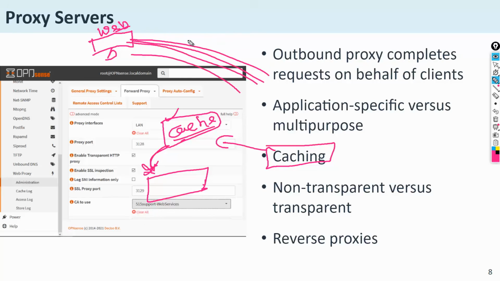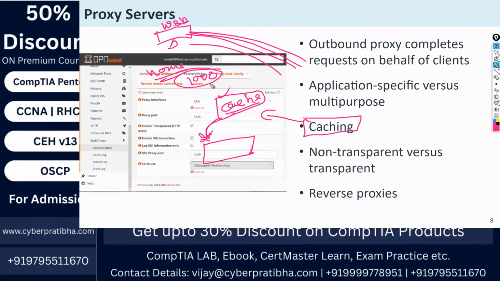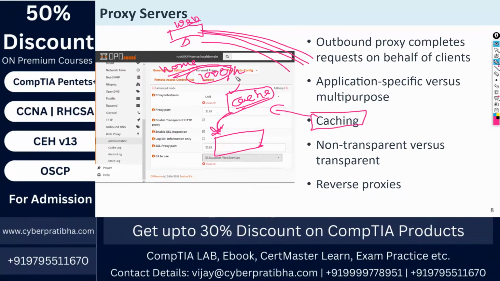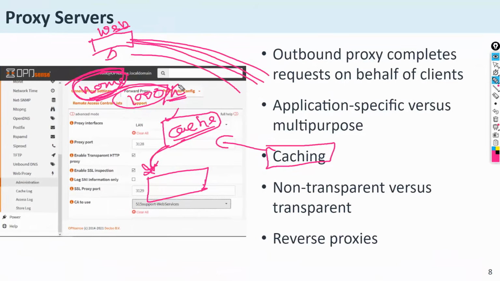For example, I have a home page and hundreds or thousands of requests are coming per hour. Every time my web server needs to process and make the home page available for all the clients. So in this case, a cache